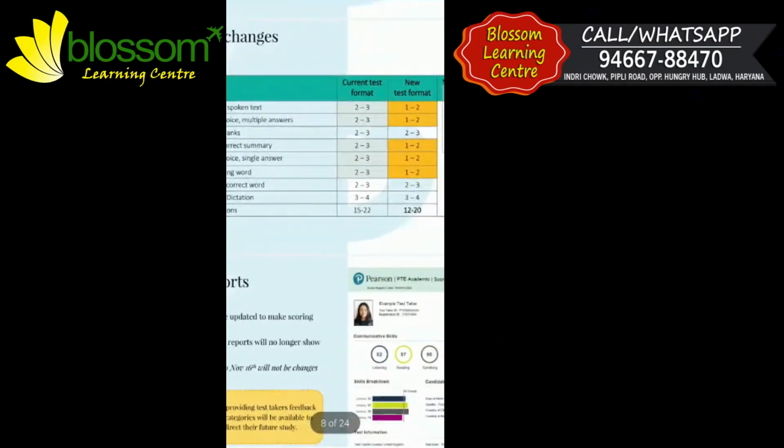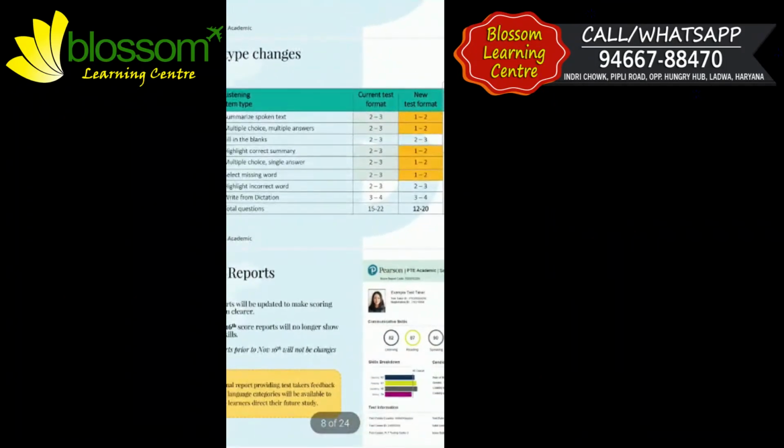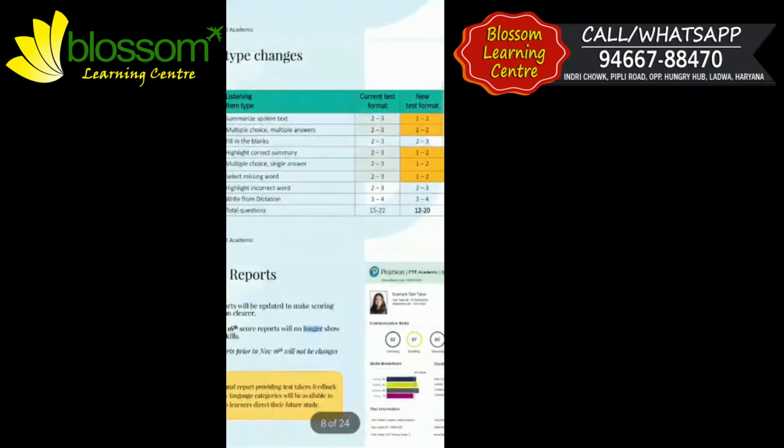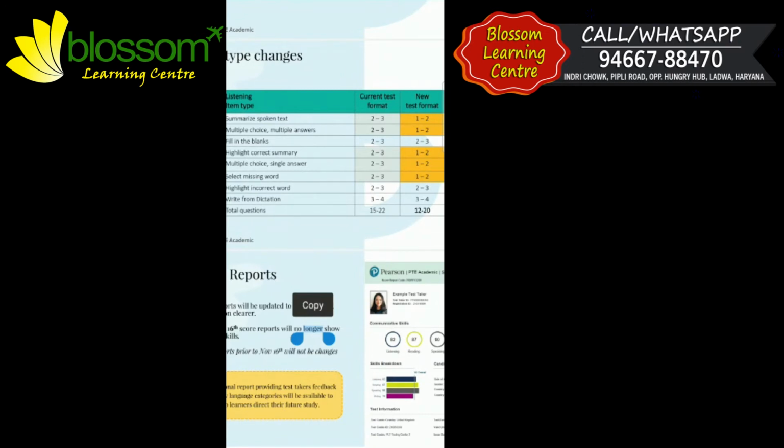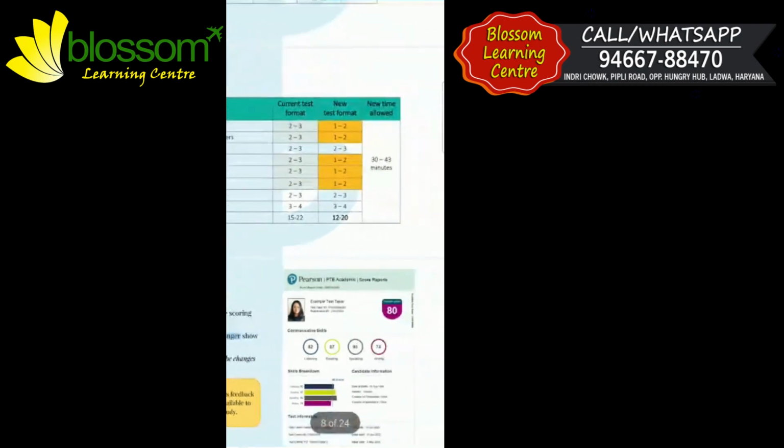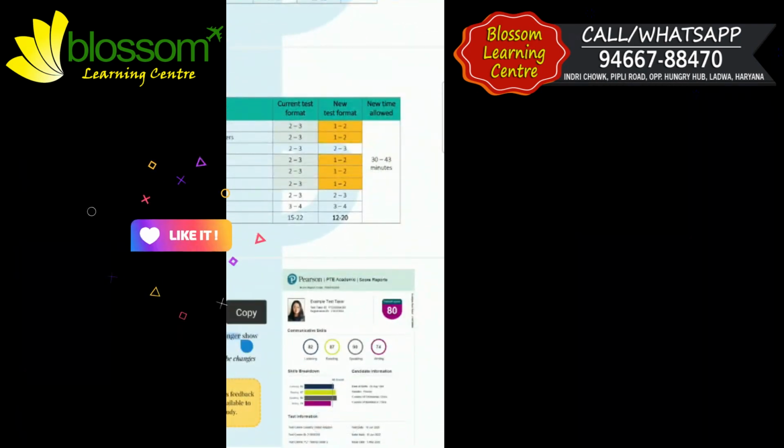And multiple choice single answer, that is once again right now 2 to 3, but in future you'll see 1 to 2 total। Select missing word 2 to 3 that will reduce to 1 to 2। Highlight incorrect words कोई changes नहीं होंगे। Write from dictation कोई changes नहीं होंगे। From today we can see 15 to 22 total question types in your listening section, but future में आपको 12 to 20 questions मिलने वाली हैं। So the timing will be 30 to 43 minutes।